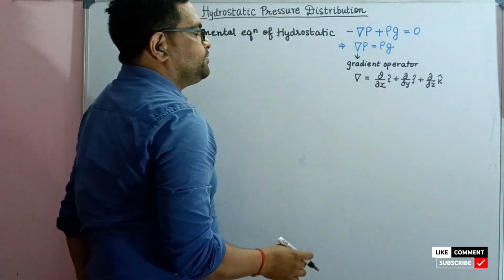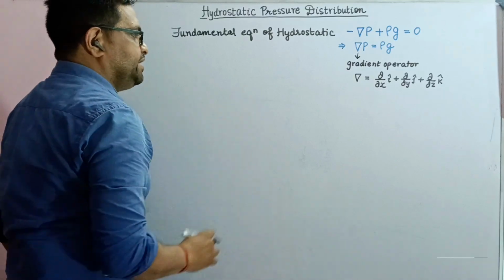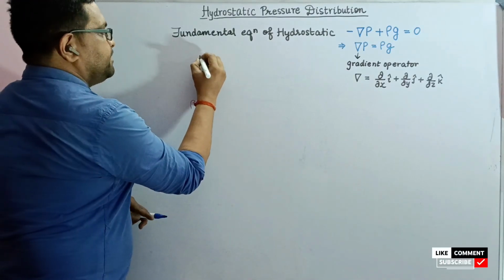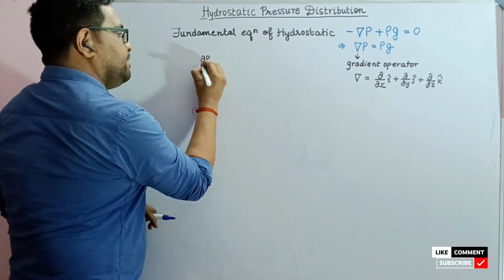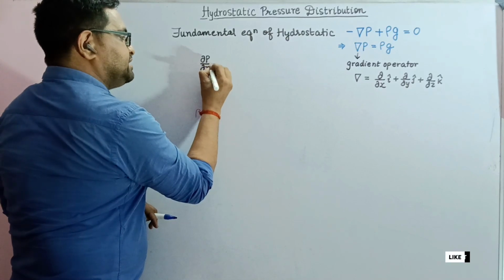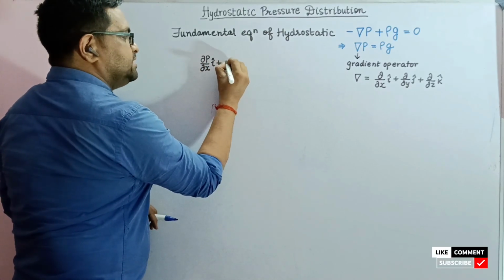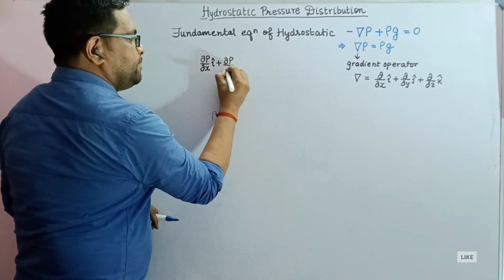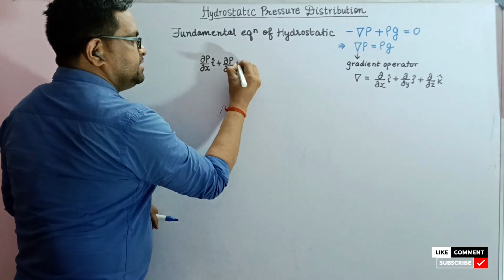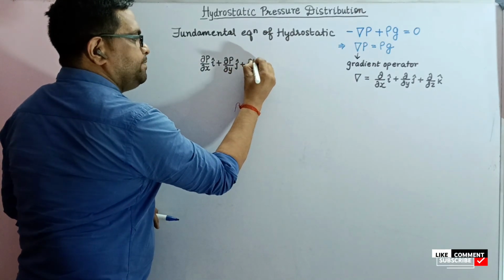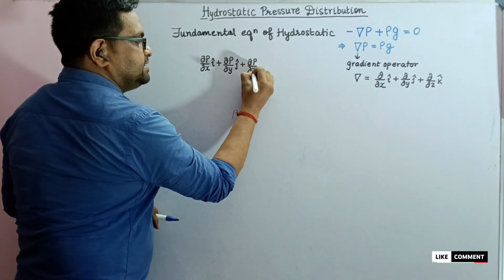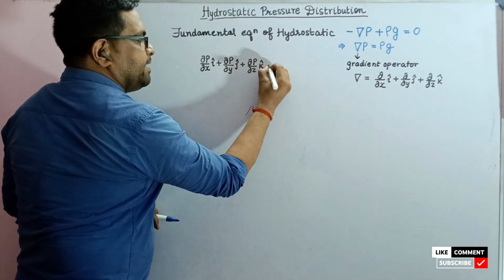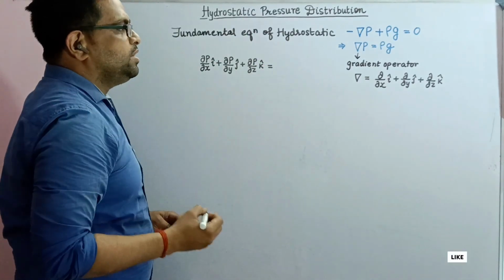Now using this, we can write the same thing as del p upon del x i cap plus del p upon del y j cap plus del p upon del z k cap will be equal to,